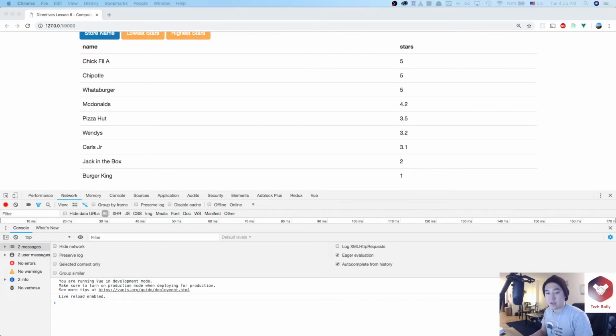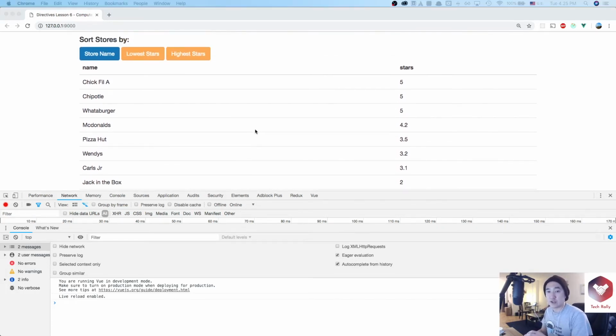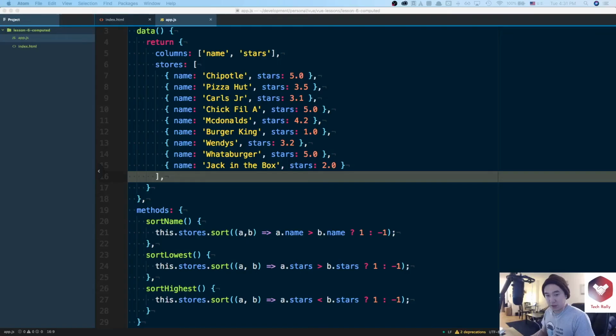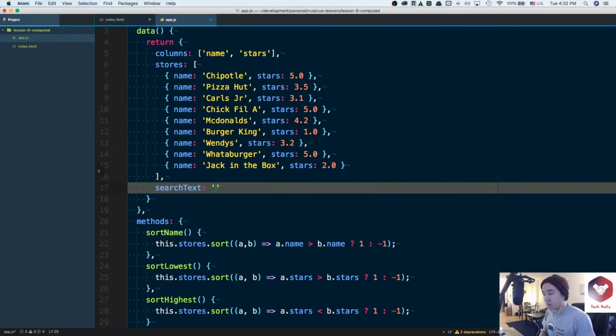Awesome. Now that we've used methods to handle DOM event clicks, let's use computed to handle the search input filter. In our app.js, let's create a variable called searchText and initialize it with an empty string. We'll use this data variable to do our two-way data binding between our input field and our app.js searchText